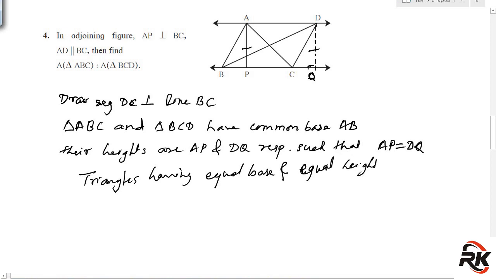Therefore, using the fourth property, the areas of both the triangles are equal,